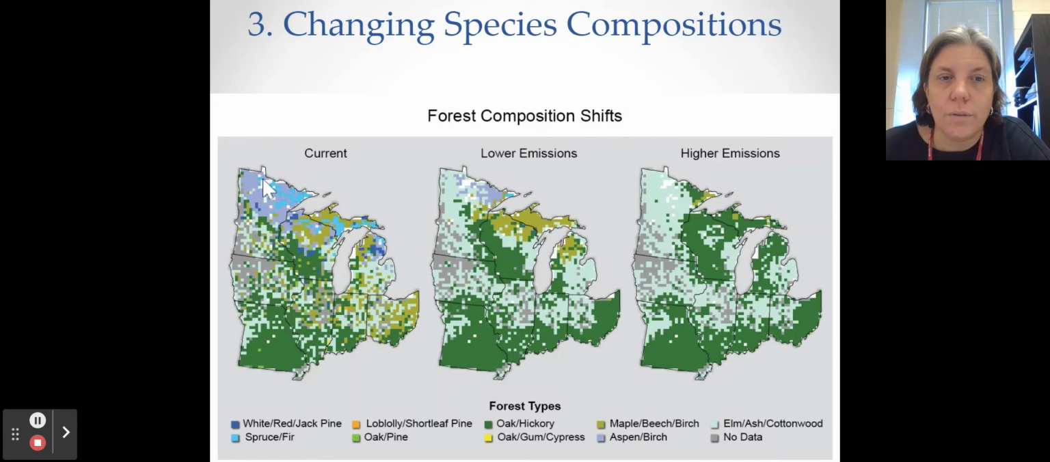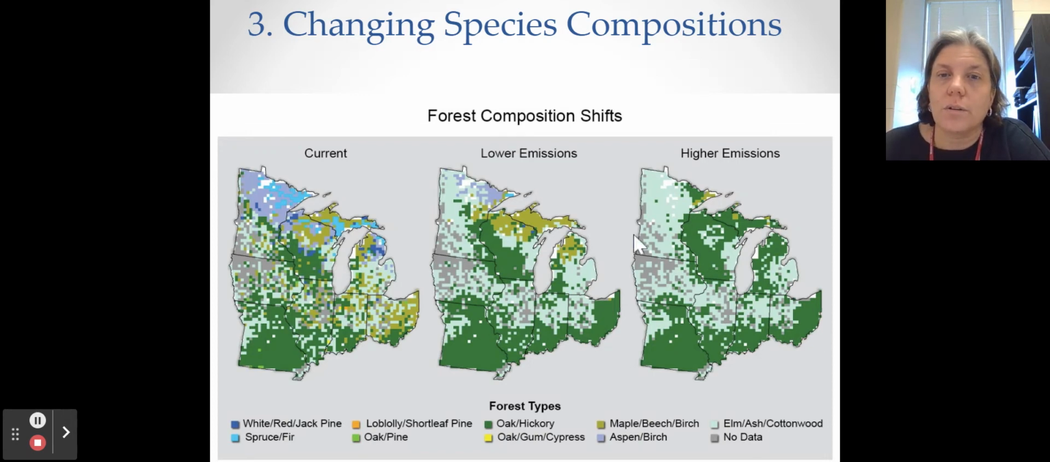Way up in the north here towards Canada, you've got spruce and fir, white, red, and jack pine, aspens, birches, things that you would think of normally in a colder place or in a higher elevation place, and they live up here. If we have lower emissions, well, we've lost a little bit of diversity here. But look what happens when we have higher emissions, which means that we have higher CO2 and higher greenhouse gases